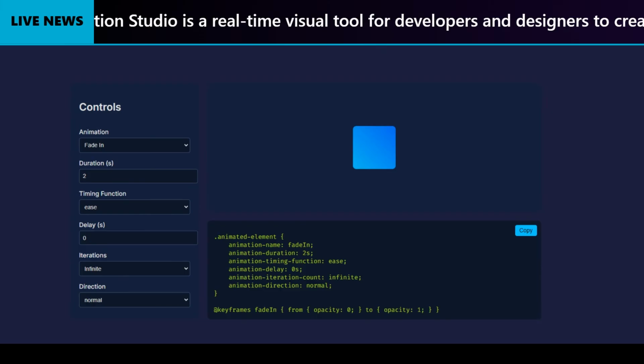Copy the code. The application automatically generates the complete, clean CSS code, including the necessary @keyframes. When you are satisfied with the result, simply click the Copy button to transfer the code